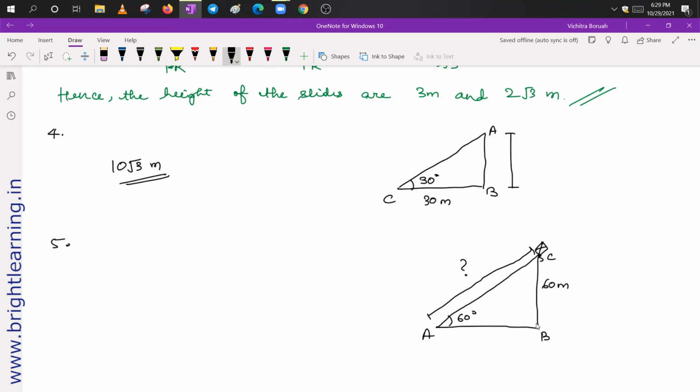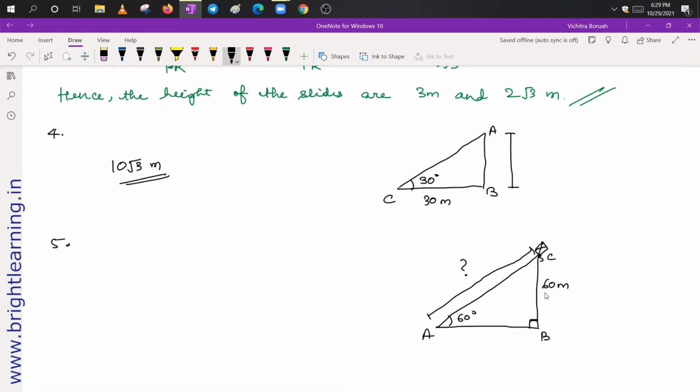Okay, students, so do this question. Let's see which will give the first answer. Here we have to find the length of this string. Here there is perpendicular also. We need to find the length of this hypotenuse and the angle is given. So which formula will you use? Tell me the answer. Tan 60. Okay, very good. Let's see.